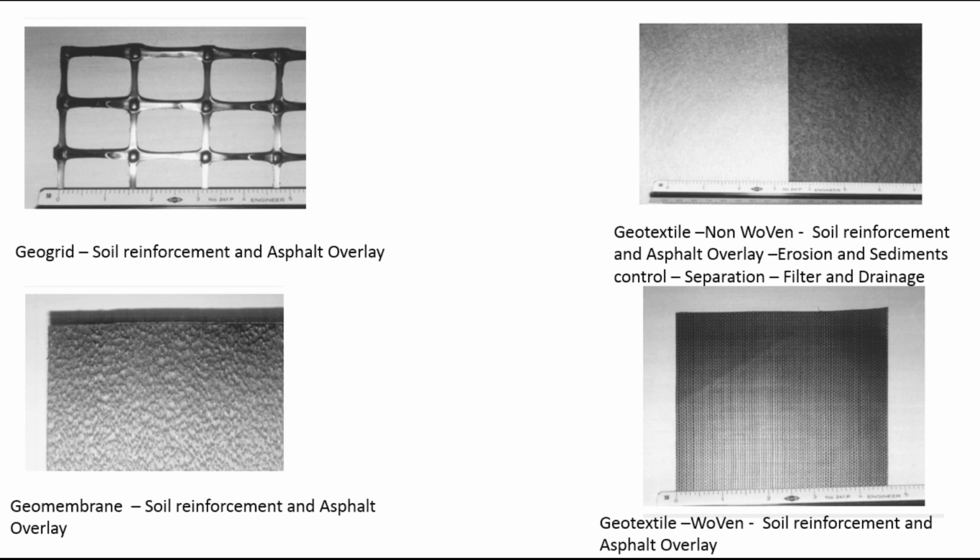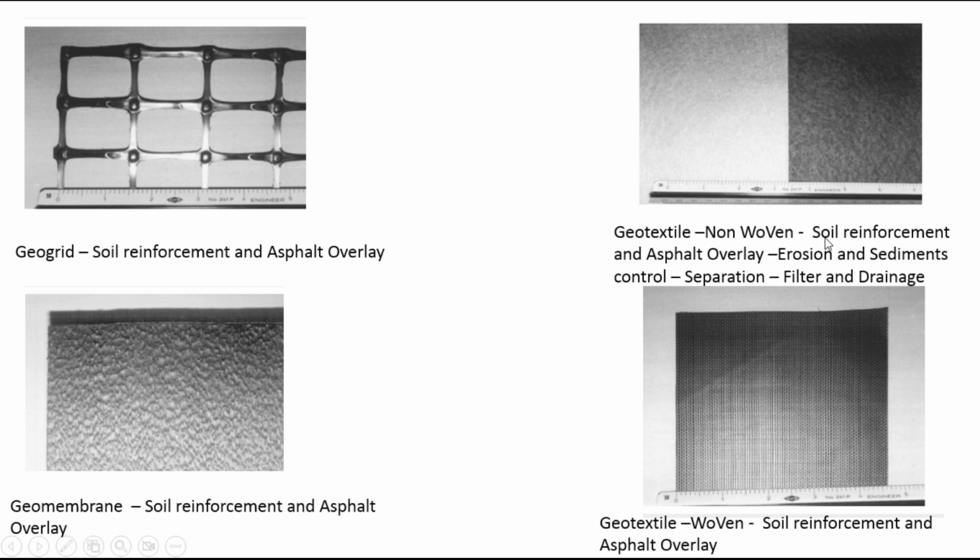Geogrid, as you can see, is polymer fiber strips attached together, and the geogrid is used for soil reinforcement and asphalt overlay. Geotextile can be non-woven or woven. As you can see on the screen, the woven and non-woven have different textures. Woven is a different fabric texture. So it is a fabric material, which is non-woven,